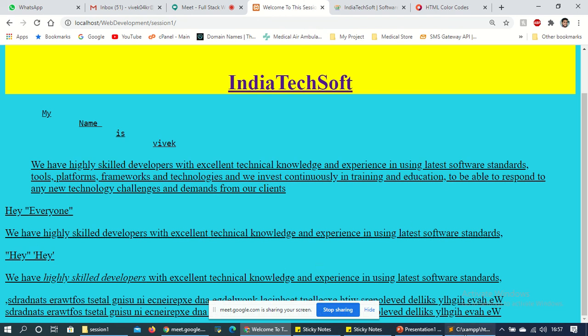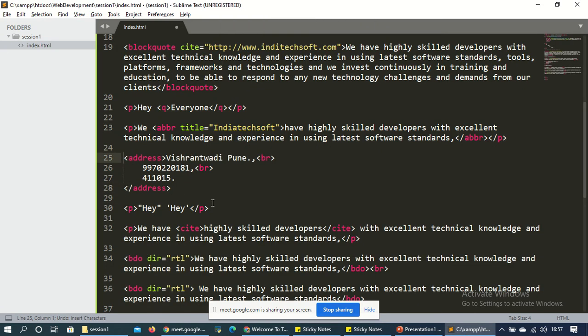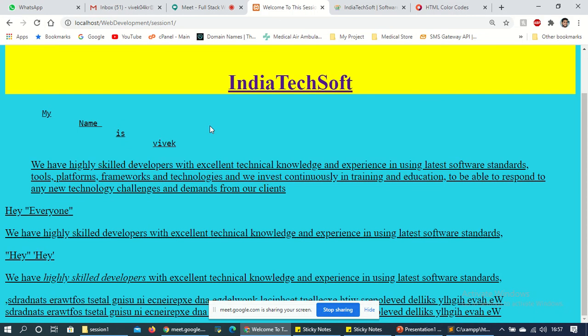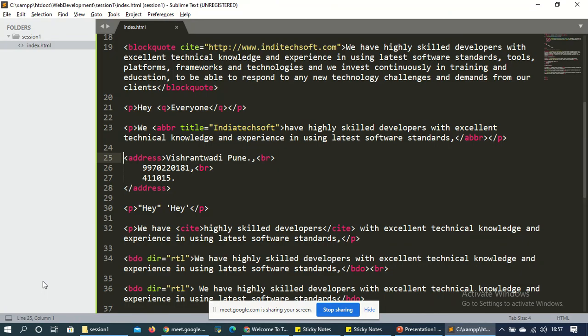Okay, so if you want to uncomment, you just undo. Now one more thing is there. If you want to comment again, just save, go and refresh my page. So now the address is visible here. Now I don't want to write it like this. I don't want to write this one. So for this we have a shortcut.